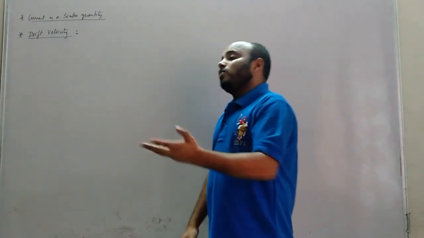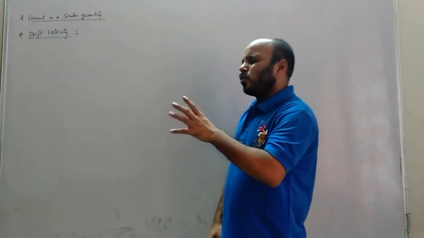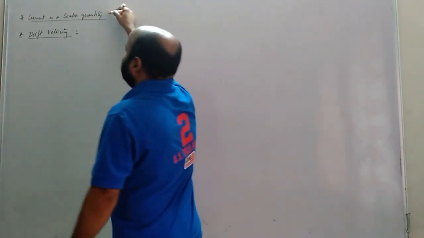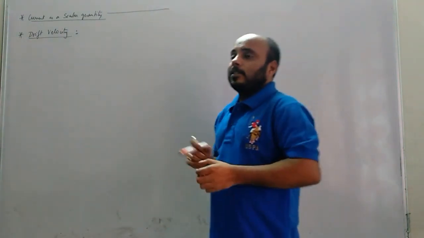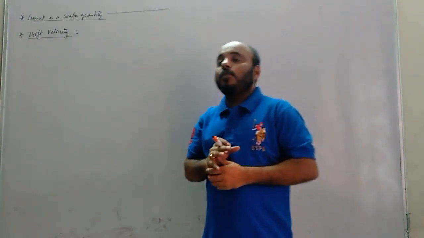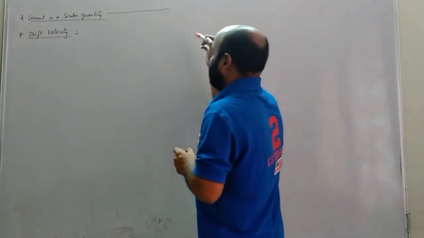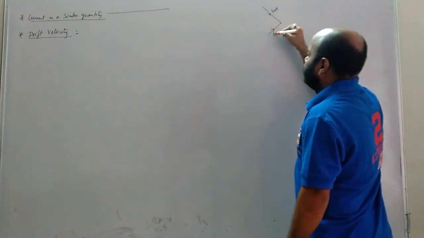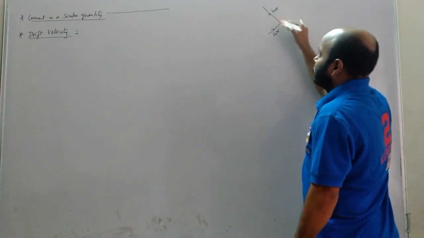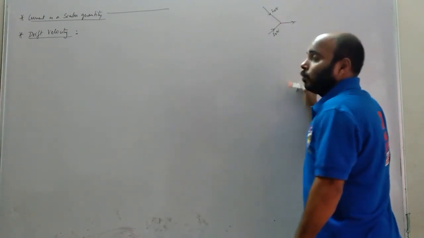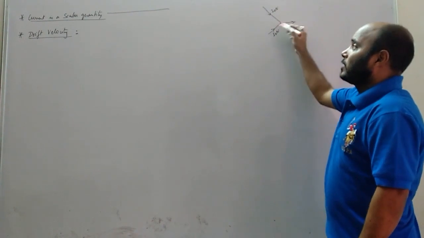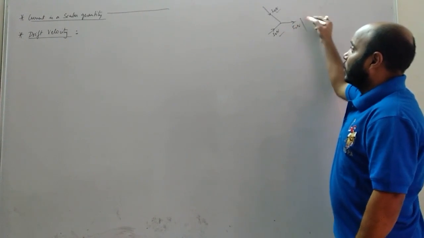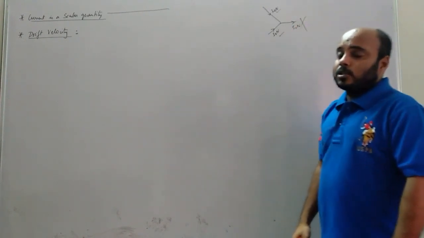Now, this is not the actual reason why current is a scalar quantity. The actual reason is that when we calculate currents, we don't use vector addition, we use scalar addition. See here, if we have a 20 Newton force here and a 30 Newton force here, can we add 20 and 30? No. Why can we not add? Because they are in different directions and these are vector quantities. We cannot say these two together give 50 Newton here, that would be wrong. We haven't studied physics like that, because force is a vector quantity.